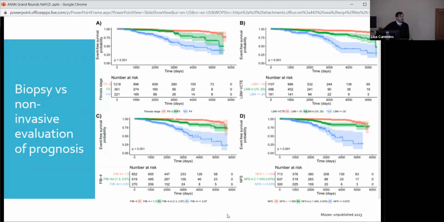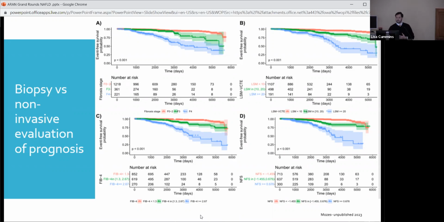And so liver biopsy versus imaging, is it helpful? Is it not? So this is unpublished work that came out from the last AASLD, which is the big liver community in gastroenterology, essentially comparing all these images with biopsies. So you may wonder, is the FIB-4 score actually that good? Is liver stiffness measuring actually that good? On the y-axis of all these graphs, you can see probability of survival. That's what they're using as their endpoint here. And on the x-axis, you're seeing time in days, and they all go out about 5,000 to 6,000